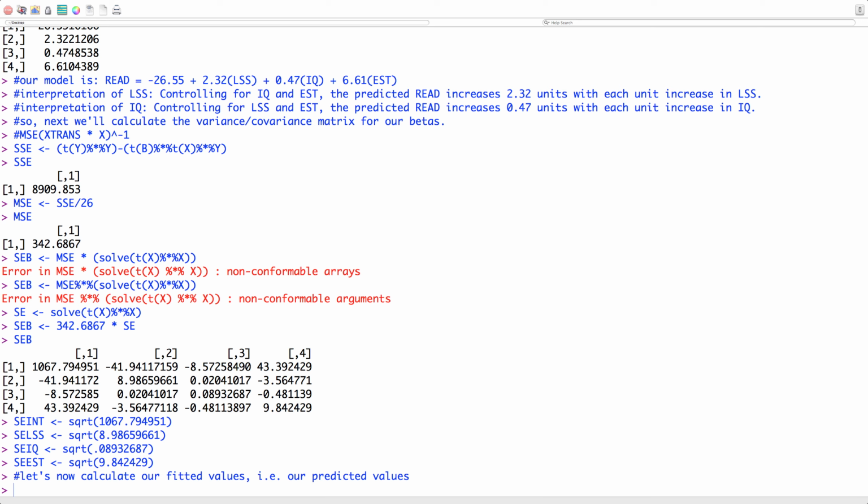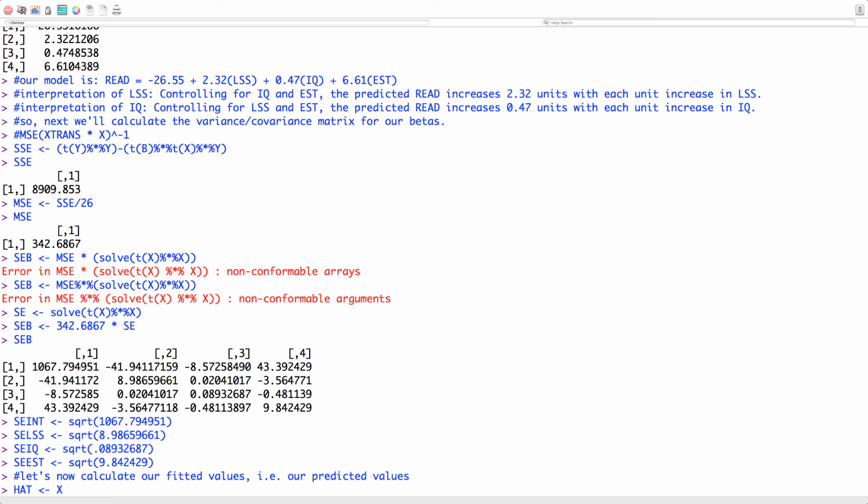Let me look something up here real quick. Okay, our hat matrix, which I'm going to be real creative and call hat, is